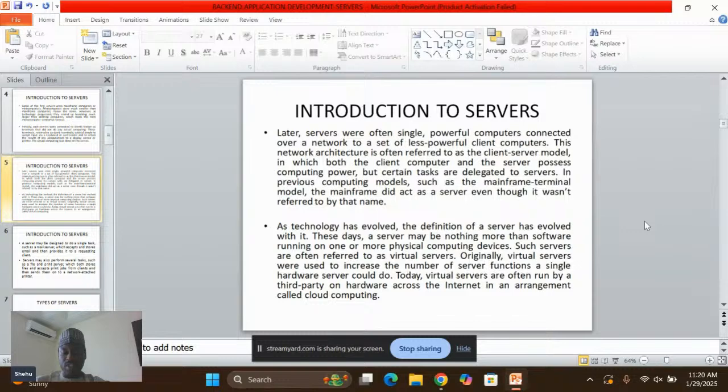So let me repeat that. These days, a server may be nothing more than software running on one or more physical computing devices. Such servers are often referred to as virtual servers, right? So presently, all these things we are just talking about, server. That is where another confusion is. So presently, servers can be just software,